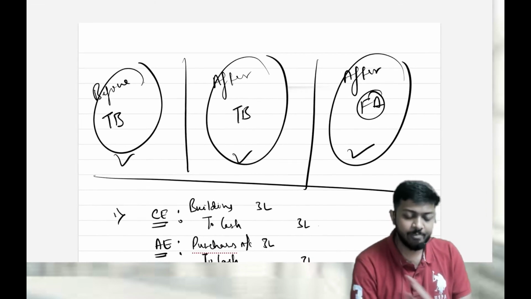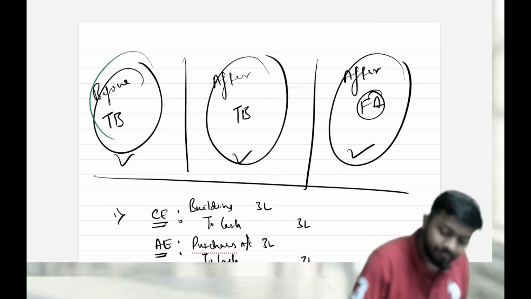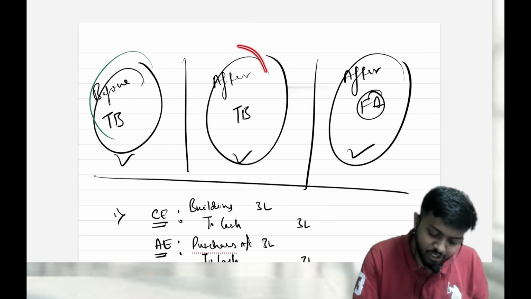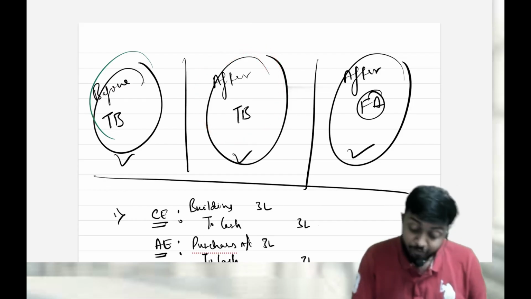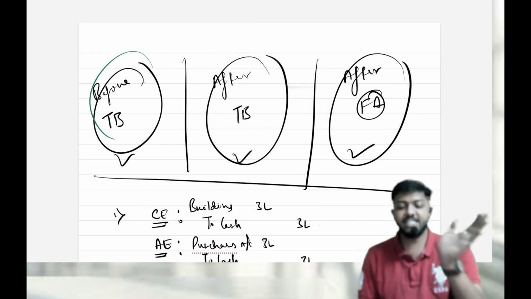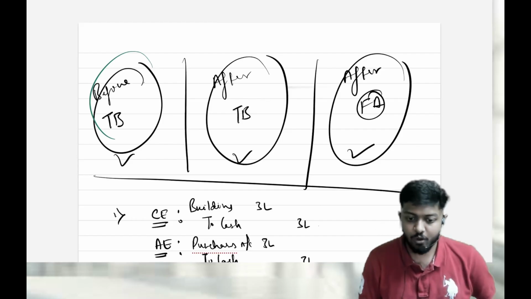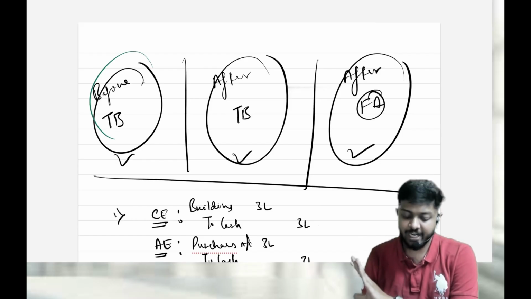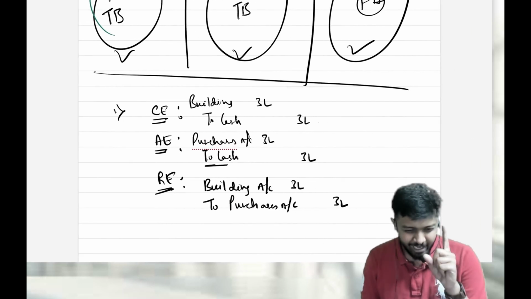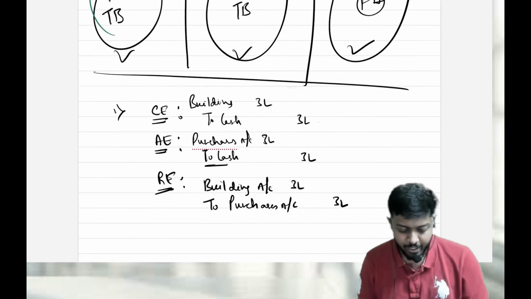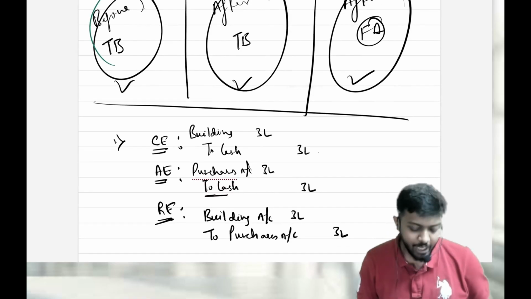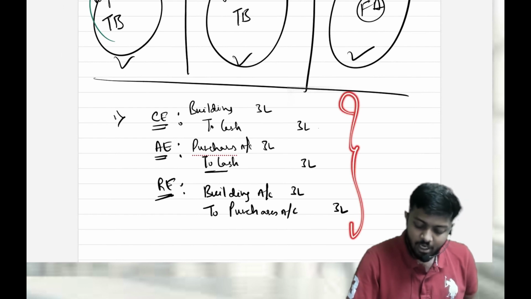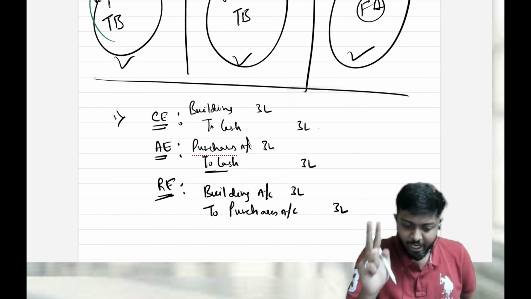There are 3 stages. One is before preparation of trial balance. One is after preparation of trial balance. One more is after preparation of final accounts. 3 stages are there. Okay. Based on this, our rectification entries also will change. Correct? Now, I will take a small example here and tell you what to do. Okay. I'll take two kinds of examples for you to understand it fast. One I'll take one-sided error and one more I'll take two-sided error.